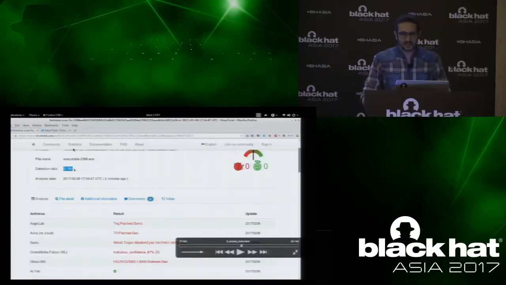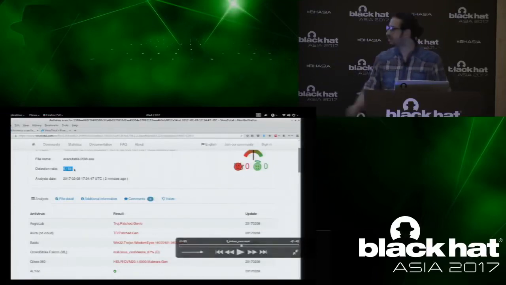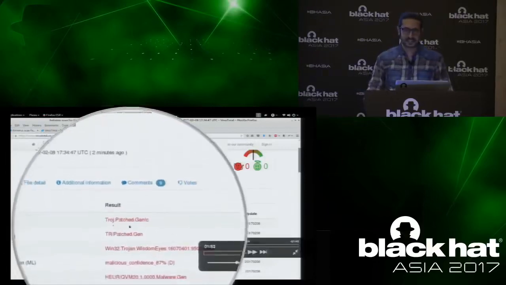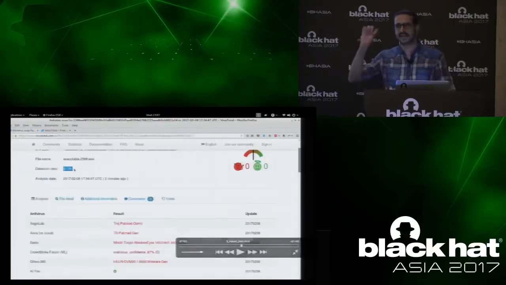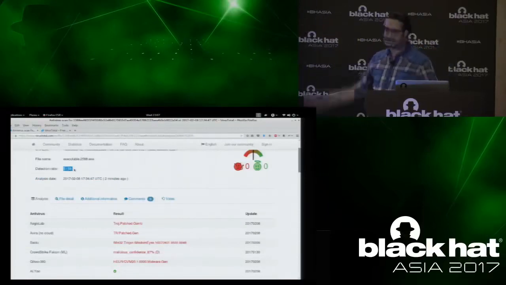So now I submit that explorer.exe to VirusTotal. You see again, it's telling that AV is detecting, but it is because of heuristics. It says patched. That's why it is detecting. It detected the patched code. It did not tell you that there is injected code.